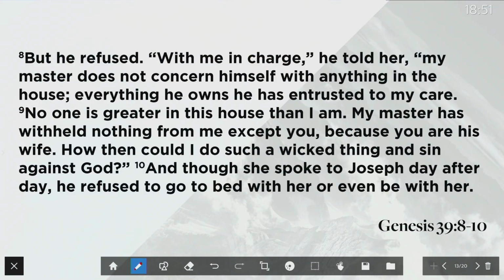So here's what happens in verse 8. But he refused. With me in charge, he told her, my master does not concern himself with anything in the house. Everything he owns, he has entrusted to my care. No one is greater in this house than I am. My master has withheld nothing from me except you, because you are his wife. How then could I do such a wicked thing and sin against